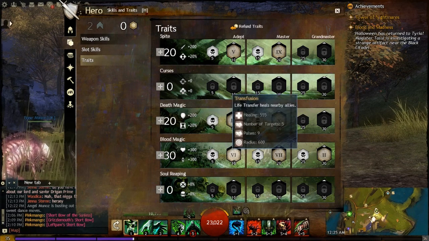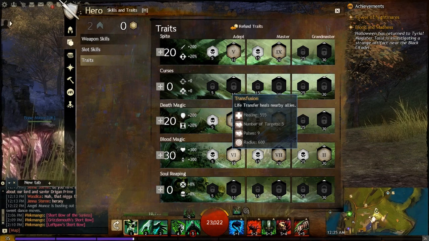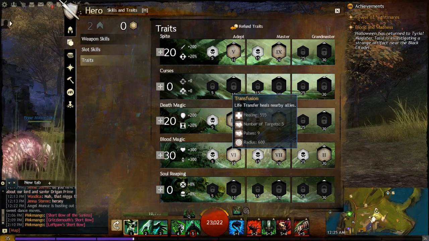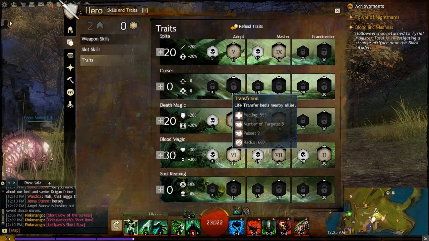Transfusion, life transfer heals nearby allies, and this scales incredibly with healing power. It didn't scale with healing power before, so now that we have a lot of healing power, it's healing for 555 every pulse, and it pulses 9 times. So when we heal our allies around us, we're healing them for about 5,000 when we use life transfer